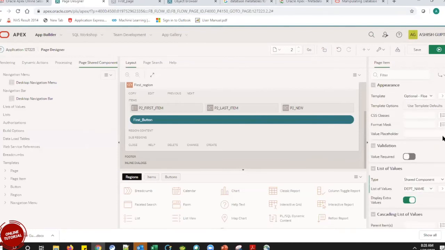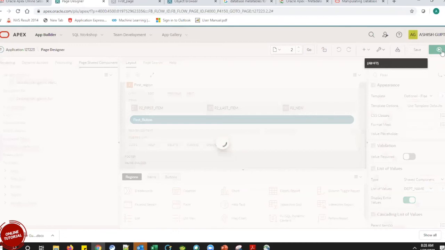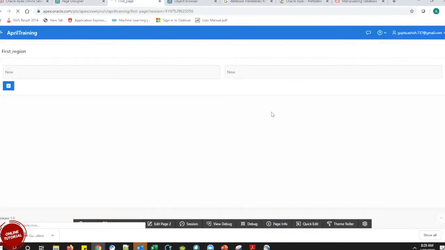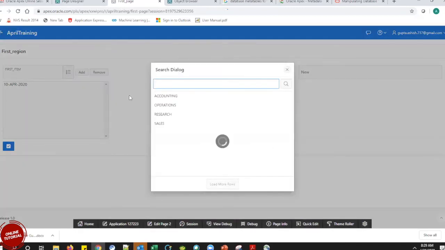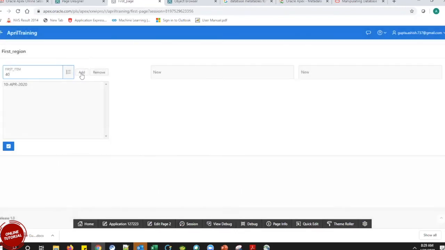See here, okay, let me run it and I'll show you one more thing. Okay, so here I have a list where I am going to select something. I have operation to select and I am going to add. Again, I am going to select something and I'm going to add. So this is what the list manager is about. That's it. It is very simple.